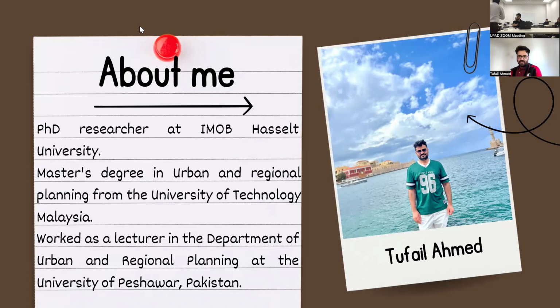Before joining the PhD, I have also worked as a lecturer in the Department of Urban and Regional Planning in University of Peshawar. Currently I'm doing research on sustainable mobility, more specifically about bicycle use in urban areas. I'm an advocate of sustainable mobility. If you are traveling in urban areas, you should use a bicycle for short and medium-sized trips. This is my goal and aim to promote because it has environmental benefits. In congestion, you can move faster, and also you have individual benefits. For example, your health is increased if you're using active mobility.